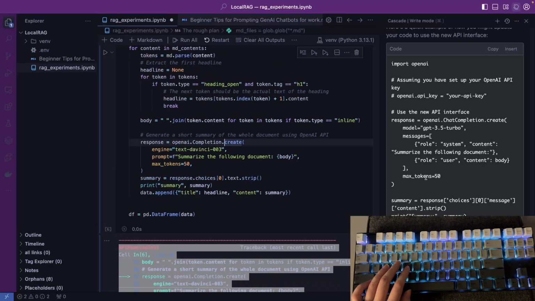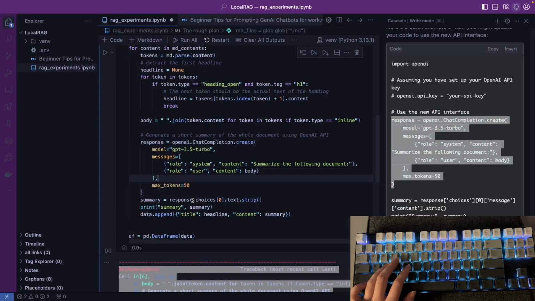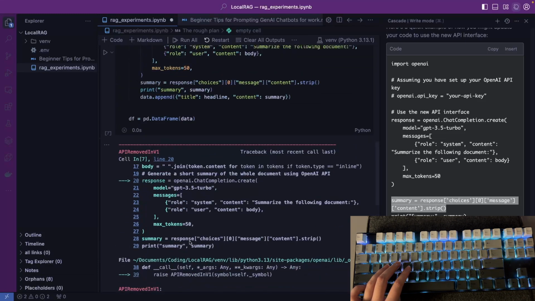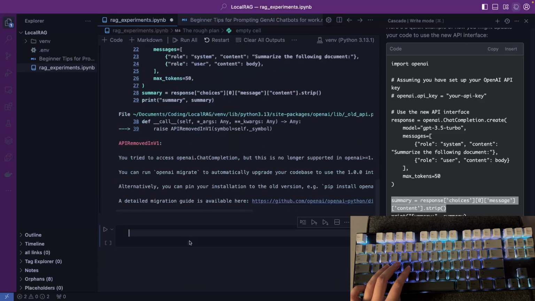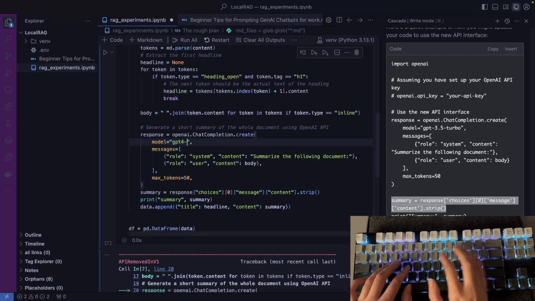Yeah, this looks way more like what I'm used to with the system and user prompt. Summarize the following document. Body. Okay. Yup. Like this. And then is this still... use this. Not sure if the response is still structured the same. Chat completion is also no longer supported. And this is why AI is kind of annoying. So we want to use for